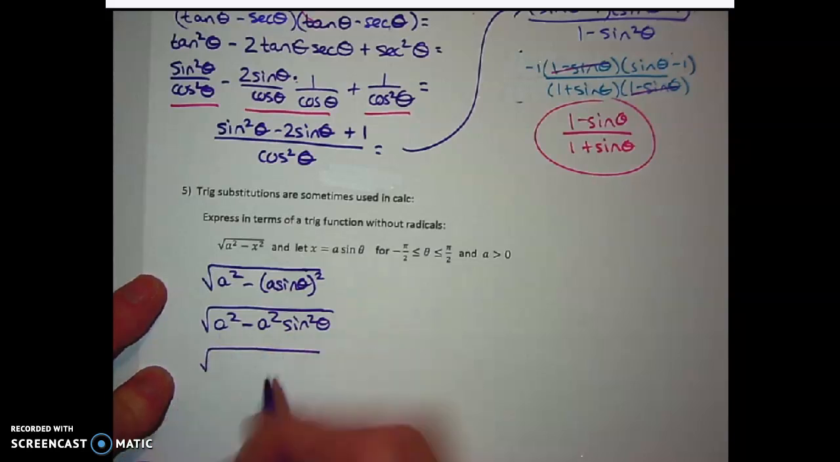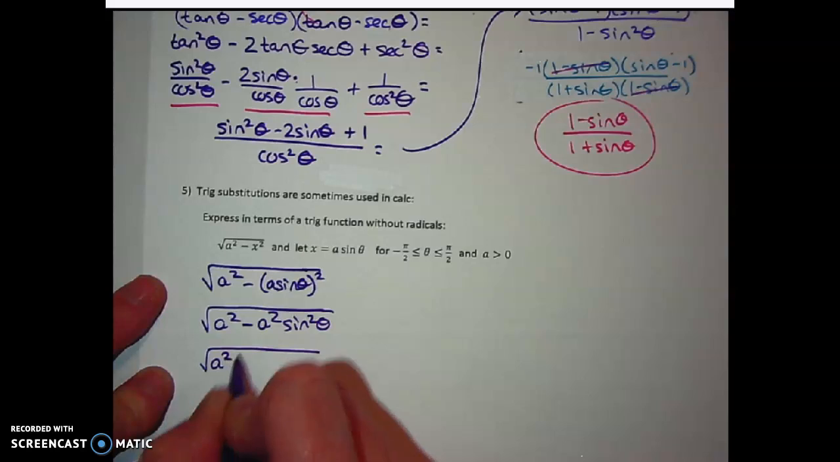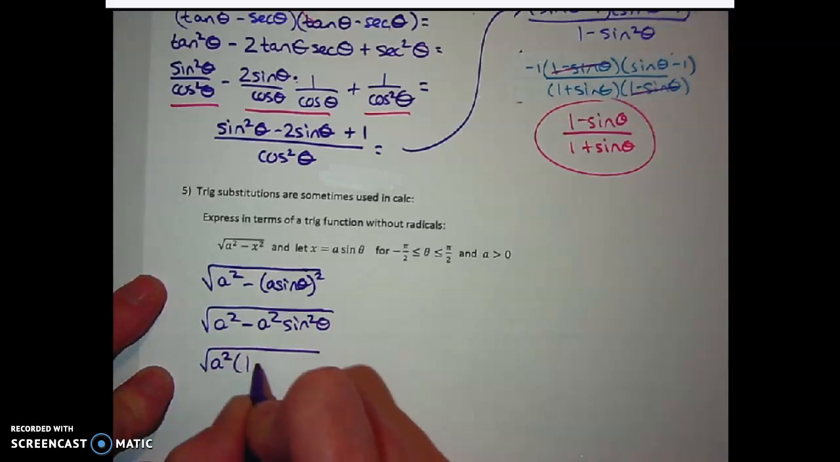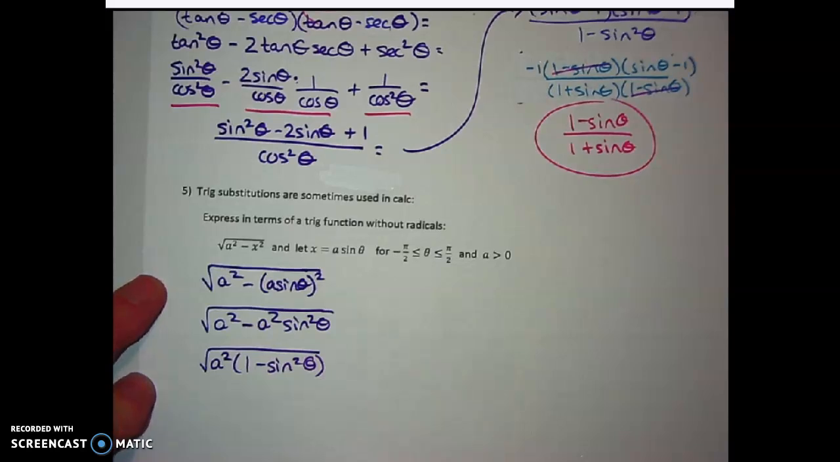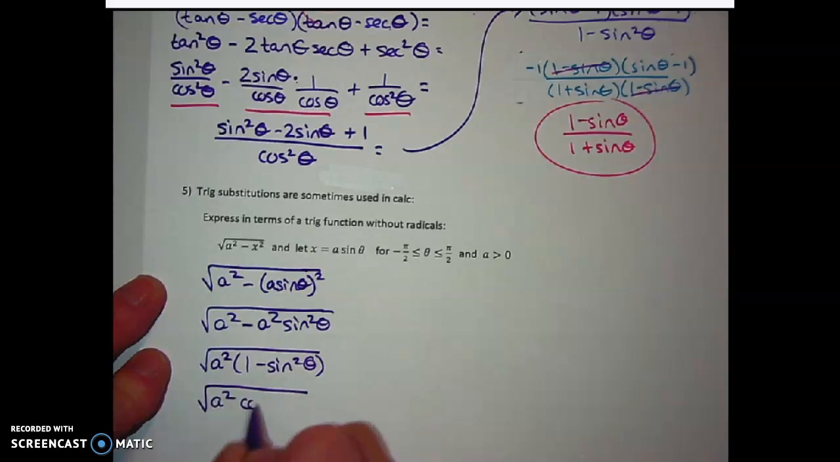Now if you notice with what's on the inside, I can factor out an a squared, and I'm left with 1 minus the sine squared of theta. Again, if we remember our Pythagorean identity, 1 minus the sine squared of theta is the cosine squared of theta. Now I have two things being multiplied together, so I can take the square root of both of those, and that's going to be a